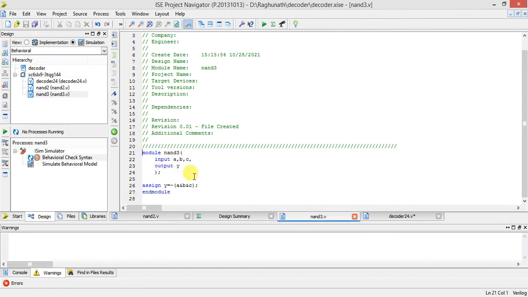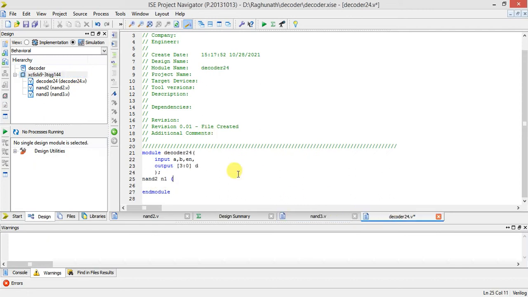Similarly, NAND3 also takes A, B, C followed by the output. So here also you first have to write the inputs. For NAND2, I want A bar. For getting A bar, the two inputs are A comma A only. So the output is A bar. AB indicates it's an output.